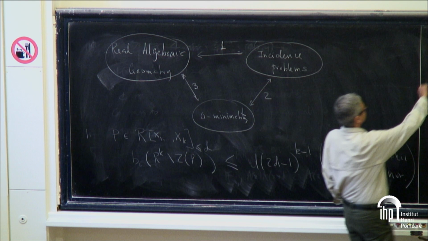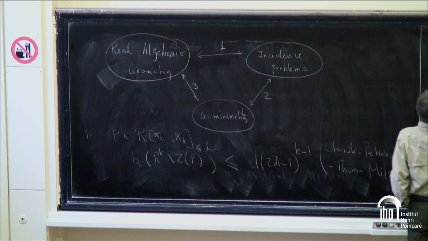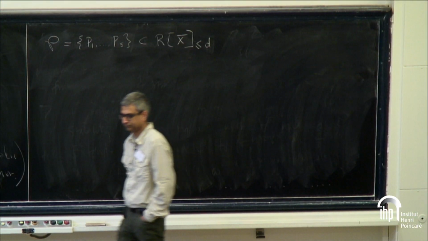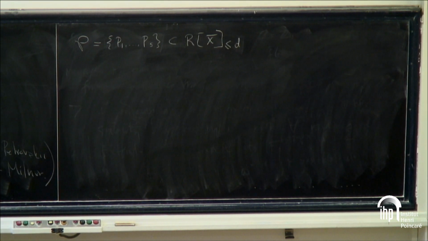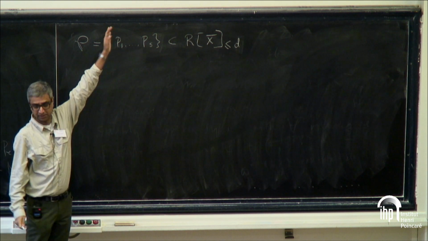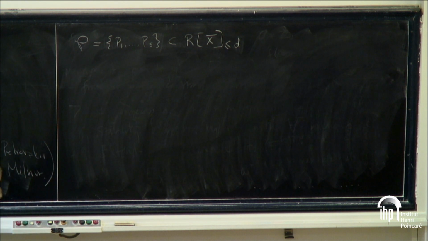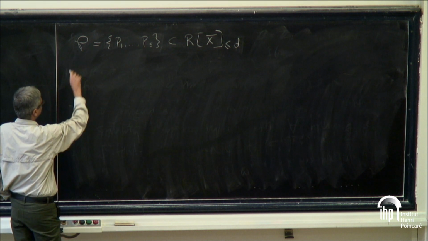So if I give you any finite set of polynomials in k variables of degree at most d, then one good thing about real algebraic geometry as opposed to complex geometry is that any affine algebraic variety can in fact be defined by one polynomial, by taking the sum of squares of the given polynomials. And in fact, OPTM proved